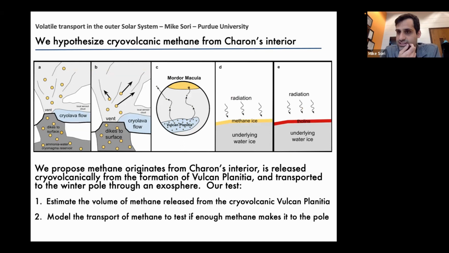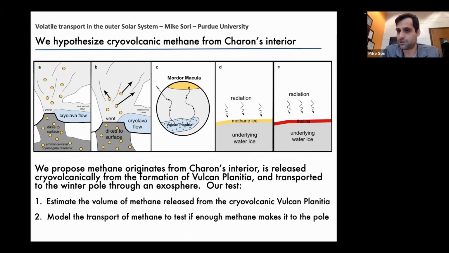maybe one of those other regions that I mentioned, Vulcan Planitia, is the source of that methane. So we have this big region, it's almost half of the encounter hemisphere, where our best guess is that it's a big resurfacing region, you might call it cryovolcanism. Other words that have been used are crustal foundering, but it's something that's been resurfaced. So maybe that provides the source of how you can provide methane from the interior of Charon out to the